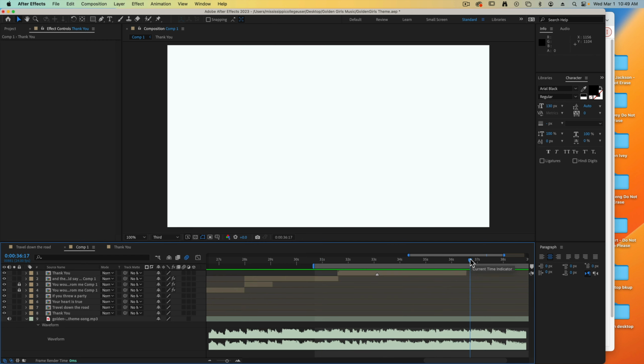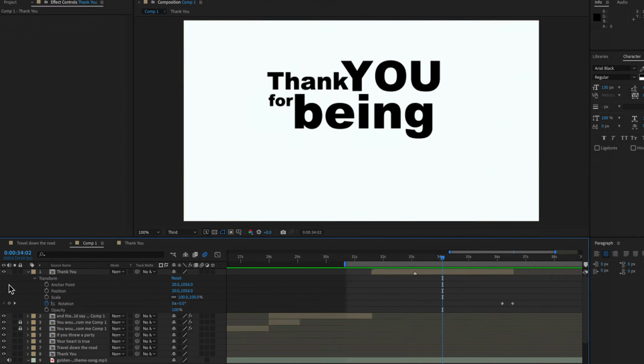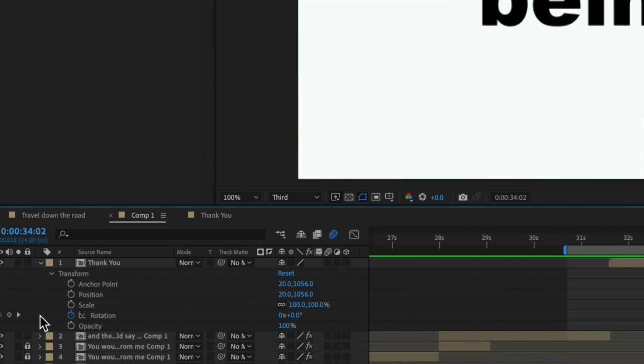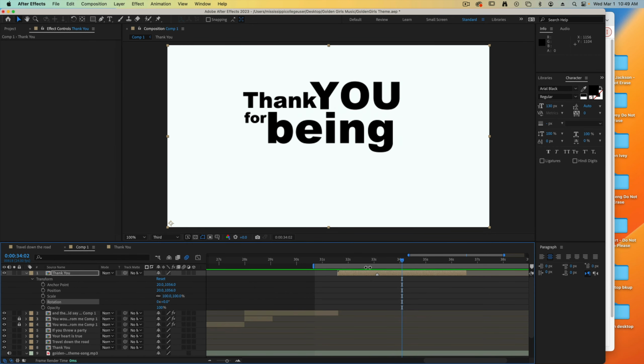The only thing I need to do is to get rid of that rotation that I created. Let's bring my playhead back all the way before that rotation starts. We can open up my transformation timeline, and let's uncheck the stopwatch to turn off those keyframes. Now when it plays,